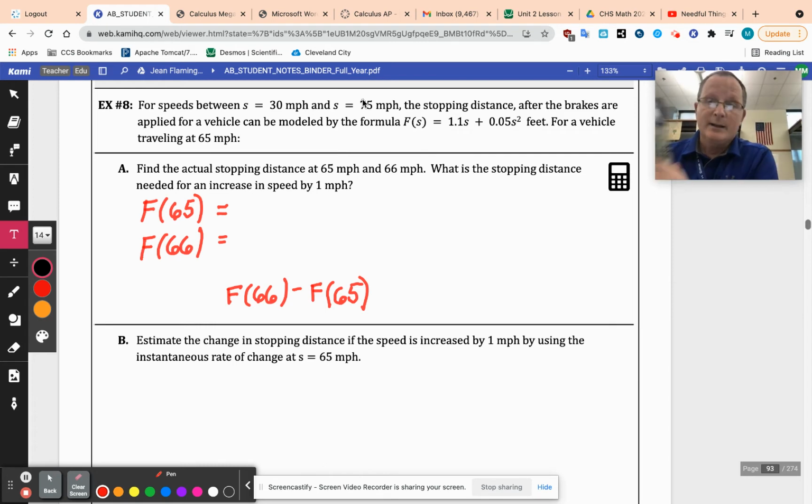All right, so here we go. I got to go hand calculator here. So 65 plus 0.05 and then times 65 squared. And so the first one, I got 282.75 feet. This is in feet. Yes, it is. Feet. And then on the second one, let me change my 65s to 66. And I got